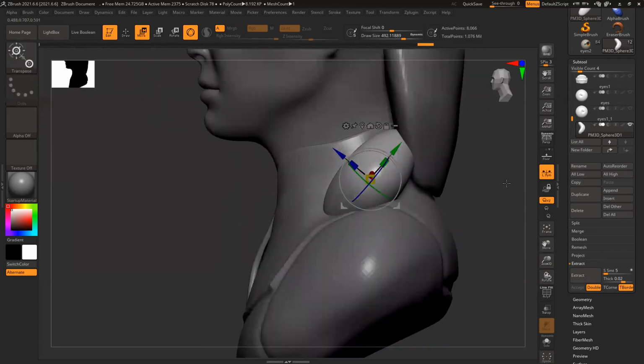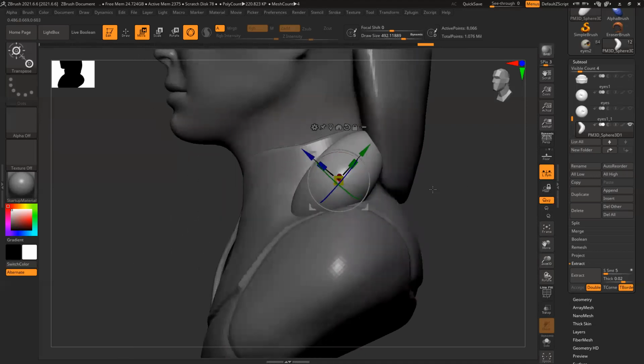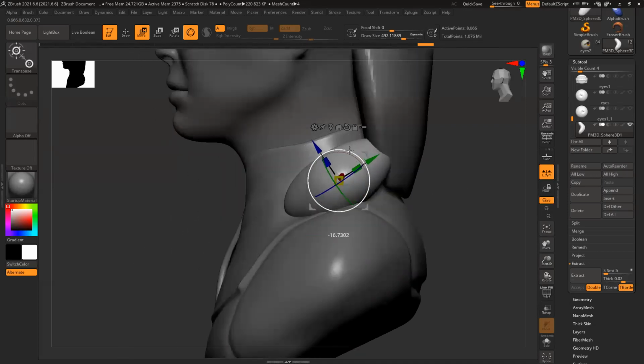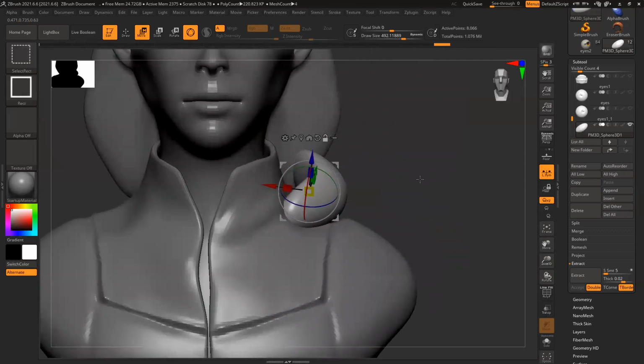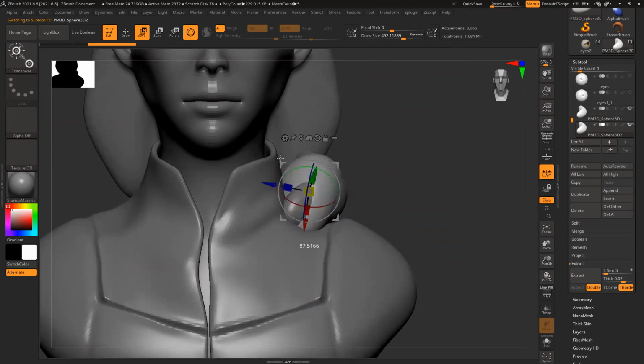It should start, so we need to create a connection point also. Control Shift D, duplicate the model and rotate.